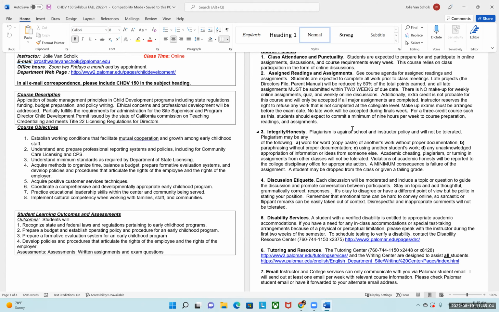So I might ask about a new community care licensing regulation. How is this going for you guys? Would you have any tricks or things like that? Or maybe about the food program, how do you run it in your program? So they're not graded, but it is a space to professionally support each other. It is important that we are thoughtful, that we are kind and respectful. So anything that's not on topic, that is not what I would consider respectful, polite, or appropriate, will be removed